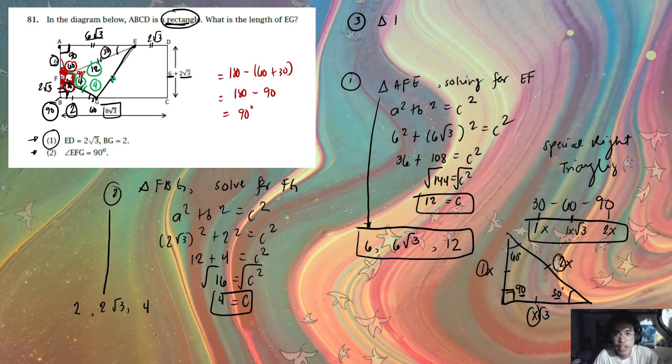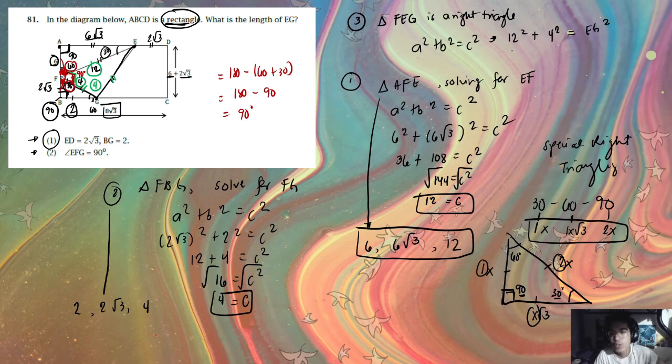FEG is a right triangle, and if it's a right triangle, we can be certain that we can use the Pythagorean theorem. So a squared plus b squared is equal to c squared. We already know the two smaller sides, so that's 12 squared plus 4 squared. That should give us the hypotenuse, which is EG